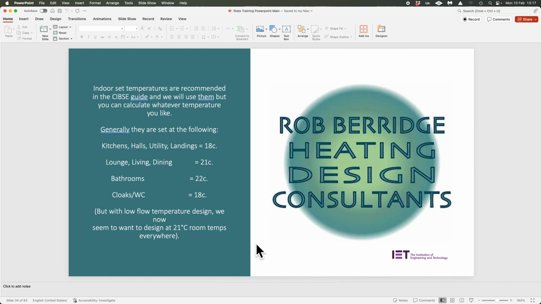Well, we know from our previous slides, the second law of thermodynamics, that hot will always try and find equilibrium with cold. So now in modern heating design, we generally design to one temperature right the way through, because people leave doors open. If you can shut doors and you can prove you've got good resistance within that door fabric, then fine, you can design to different temperatures if that's what you want to do. But those doors need to be shut in order to stop hot going to cold, and that's the second law of